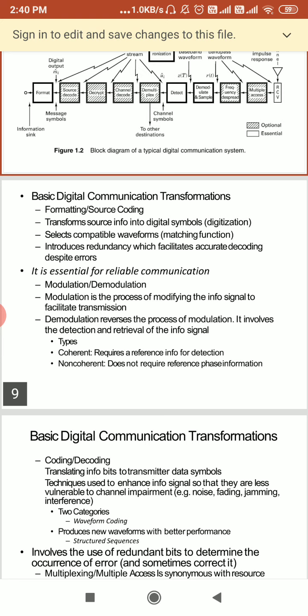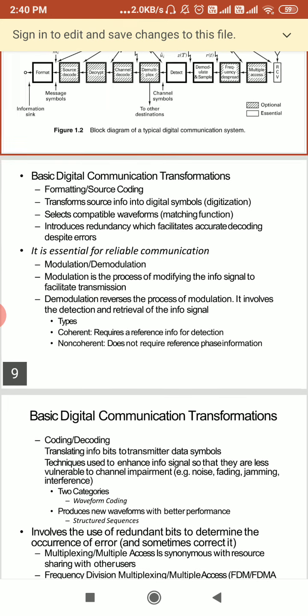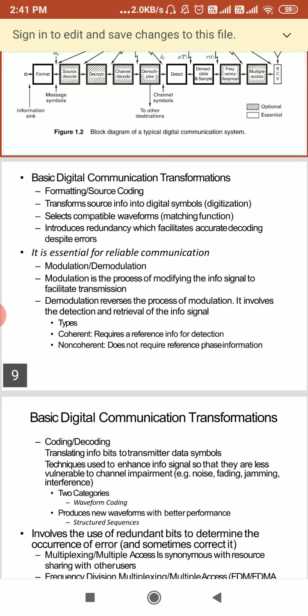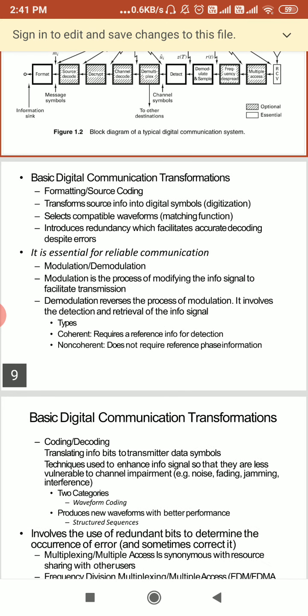So what is meant by modulation? Modulation is the process of modifying the information signal to facilitate transmission. It means we can transmit that data; it converts the data into transmittable form. At the receiver side we do demodulation, which reverses the process of modulation.